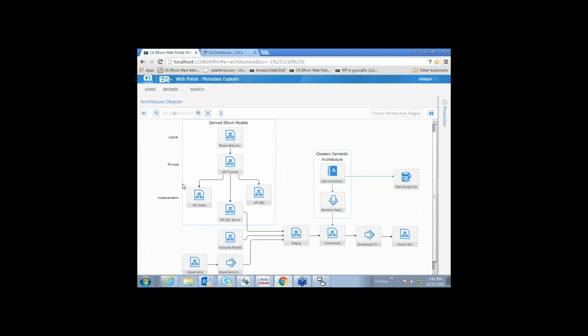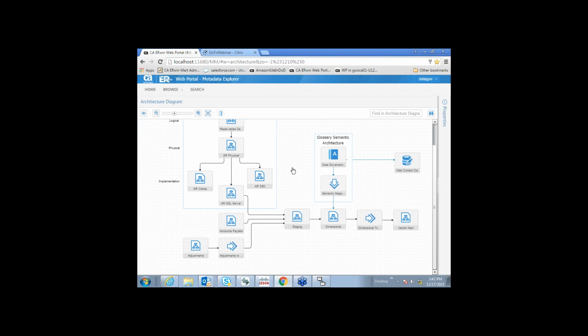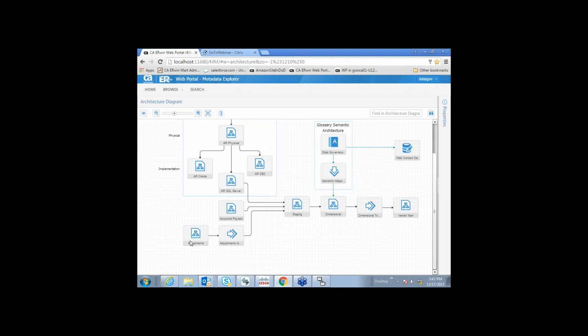Here we have the accounts receivable application that is using the conceptual, logical, and physical capabilities of ERwin to establish lineage among different data models. And then we have the accounts payable system and the accounts payable adjustment system.